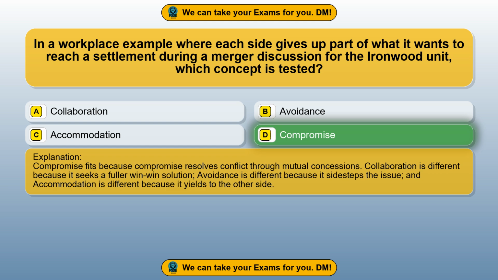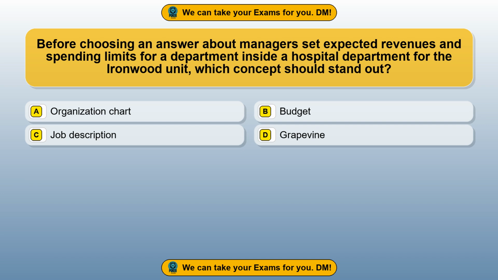Compromise fits because compromise resolves conflict through mutual concessions. Collaboration is different because it seeks a fuller win-win solution, avoidance is different because it sidesteps the issue, and accommodation is different because it yields to the other side. Question 86. Before choosing an answer about managers set expected revenues and spending limits for a department inside a hospital